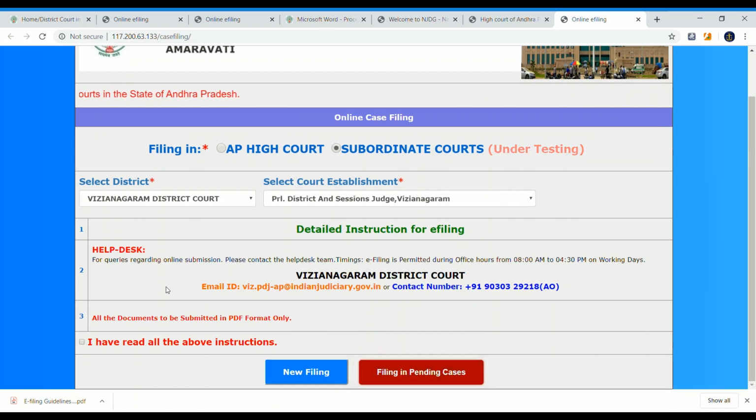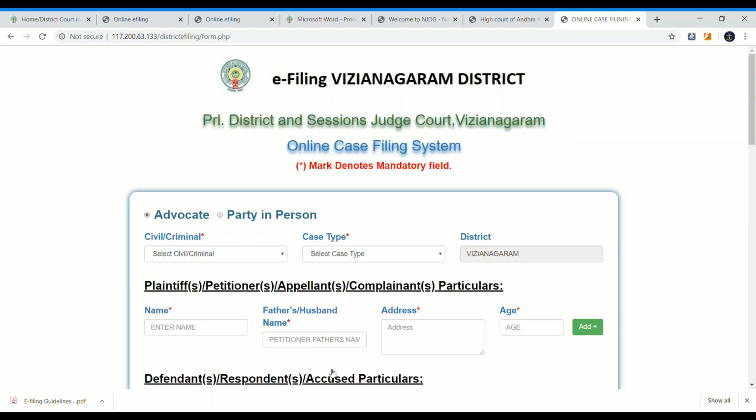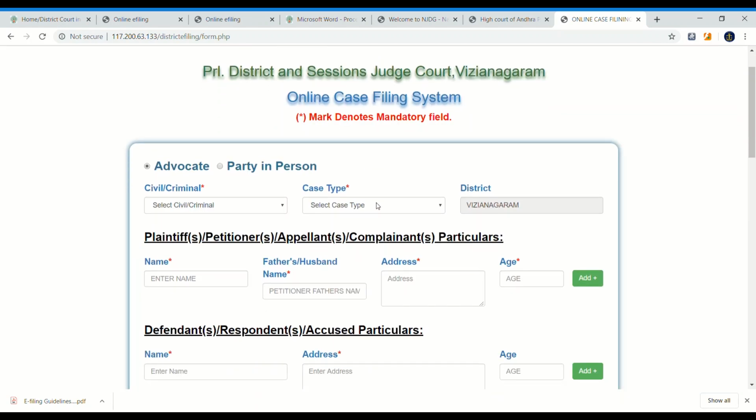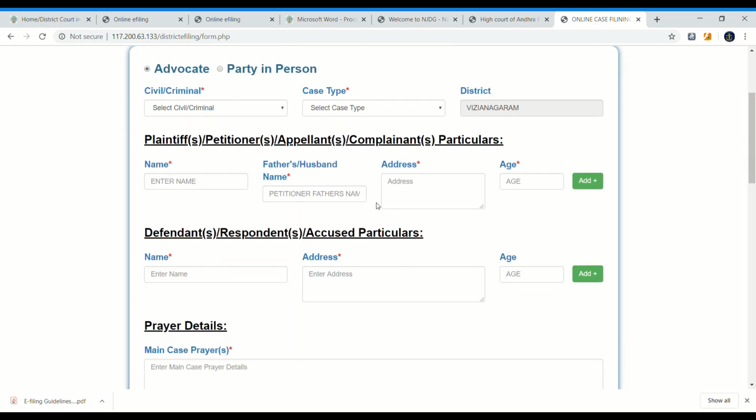First, read all the instructions and click on new filing. Whenever you come to new filing, before filing a case you have to fill in all the mandatory fields.